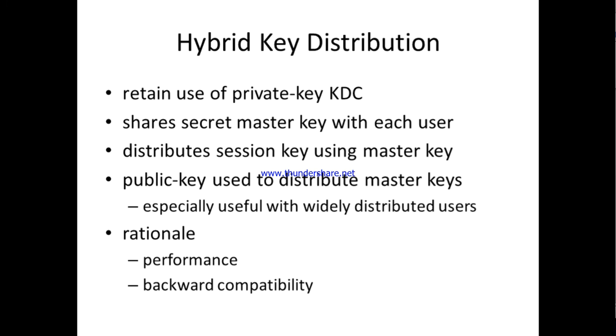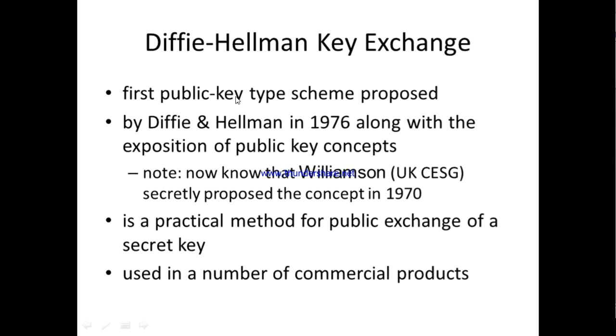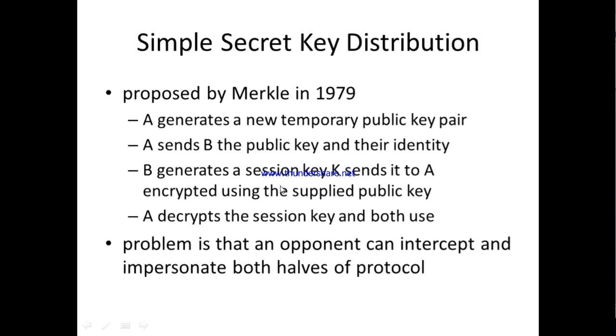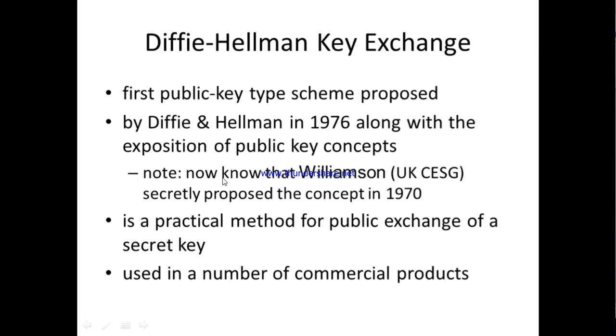In hybrid key distribution, the public key is used to distribute the master keys, and then in the next step that master key can be used to distribute the secret key. That can also happen. The main algorithm in distribution is the Diffie-Hellman key exchange. What I discussed previously is theoretical, where the distribution can happen through the public keys.